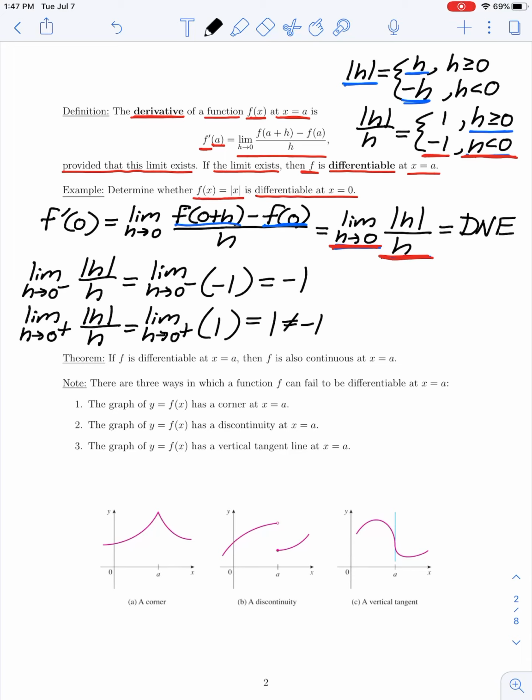So by the one-sided limit theorem, if those left and right hand limits are not equal, then the two-sided limit does not exist. So if this limit does not exist, that means that our function f of x, which was the absolute value of x, is not differentiable